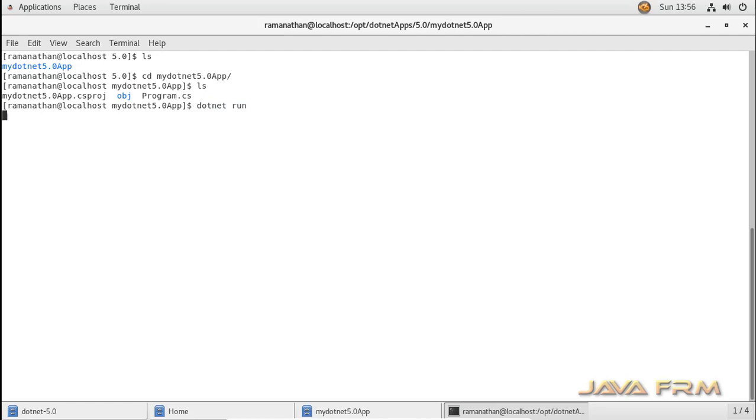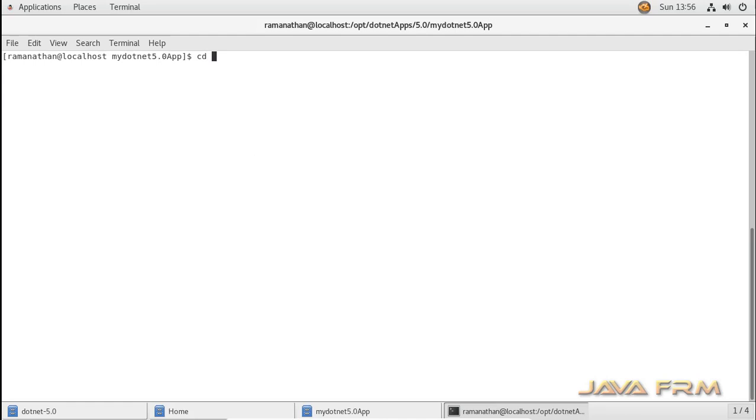That's it. So this will print hello world in the terminal. So the .NET console application, that is the C# application for console, is executed successfully.